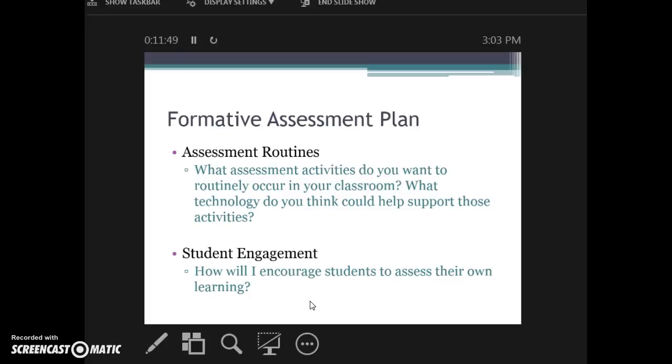The draft is going to be due on June 4th. In between, you should read the Fisher and Frey and complete the reading response.